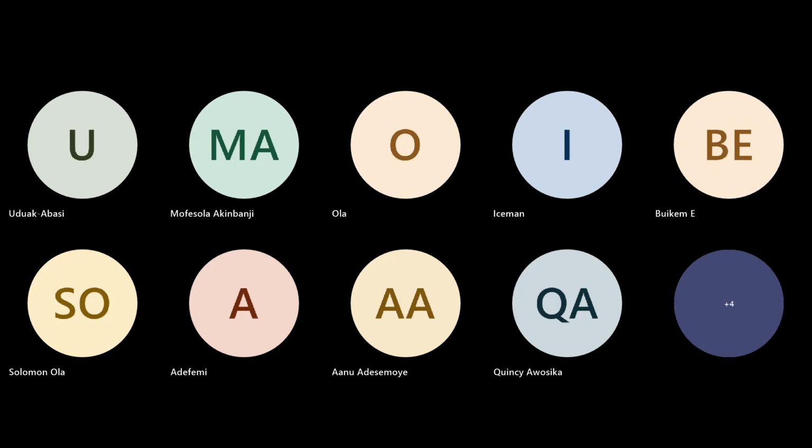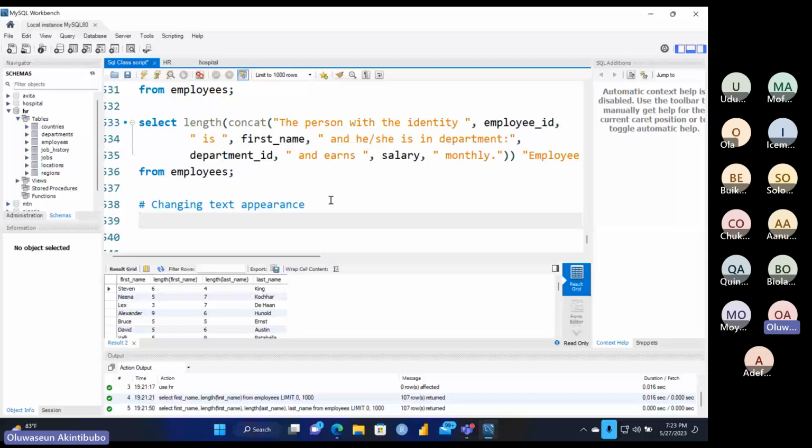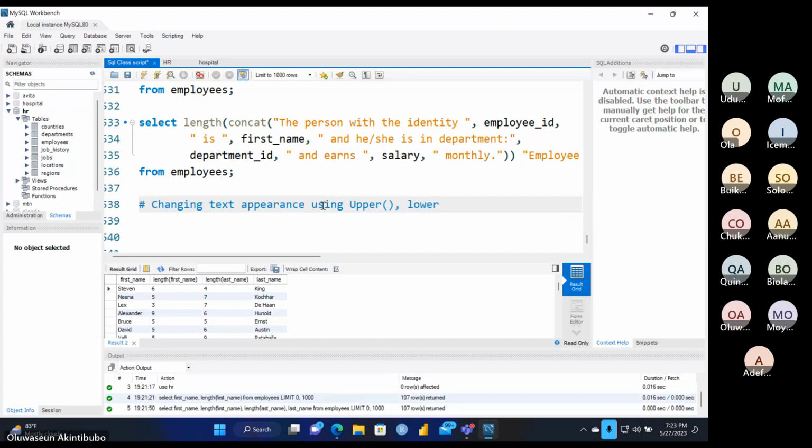Appearance, changing text appearance, and using the upper function, the lower function. So we say select upper first_name